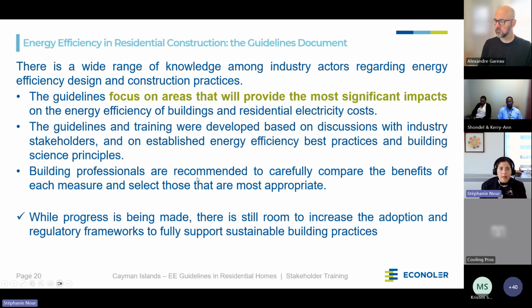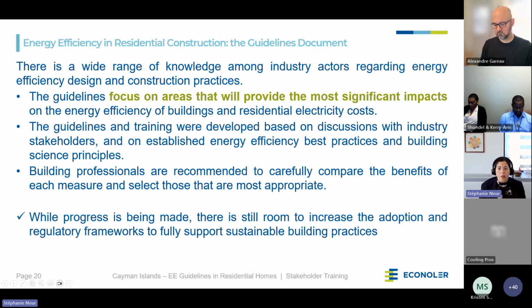Again, the aim of the guideline is to really focus on areas that will provide the most significant impacts on energy consumption and the energy bill for the residential sector. And like Kristen said, this guideline was prepared by Econoler experts, but really in consultation with stakeholders. Alex spent a week and has met several of you to be sure that it's applicable for the Cayman Islands context. Of course, there may be room for improvement. It's not something that is fixed in time, but I think already following this guideline will definitely decrease energy consumption by the residential sector and improve the quality of life, and also improve the economic situation of the